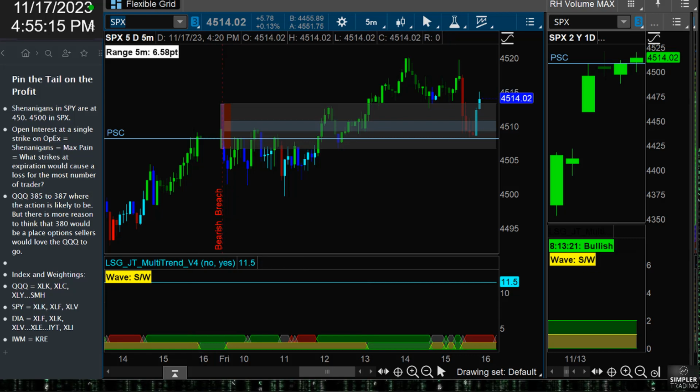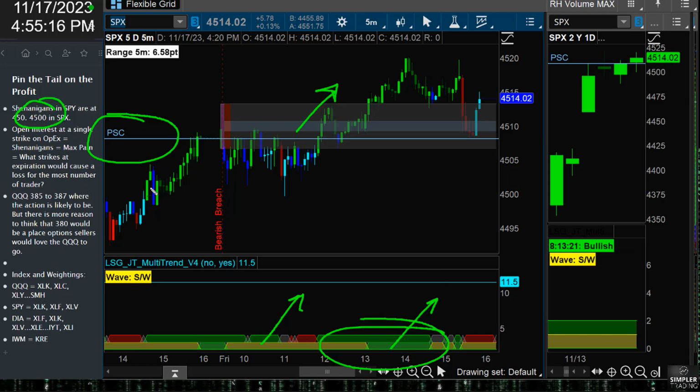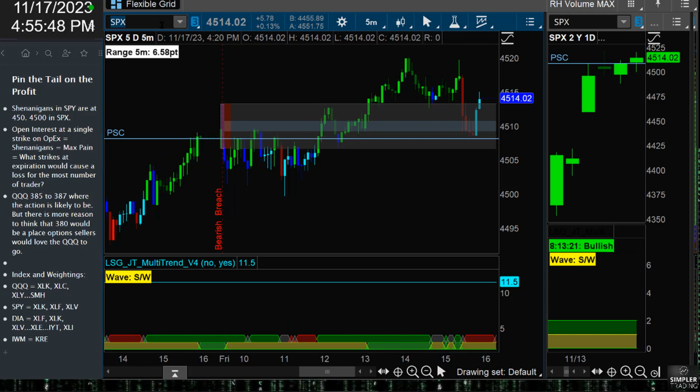There it is. Now, folks ask, Rog, is it more likely to be above or below that level? And that's where I'll say, use the previous session close and use the overall multi-trend and ask yourself, have we been largely neutral or bullish? And if it's a little bit more multi-trend bullish, if we're trading above the previous session close, I'm going to expect to be above that shenanigans level of 4,500, right? But I don't think this was an easy one on SPX. SPY was spot on.